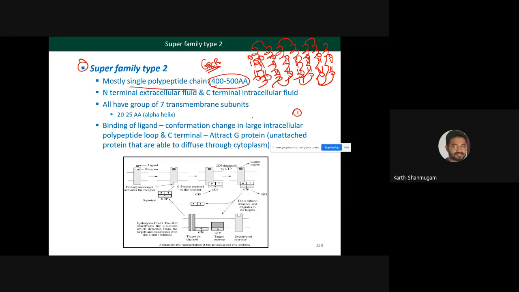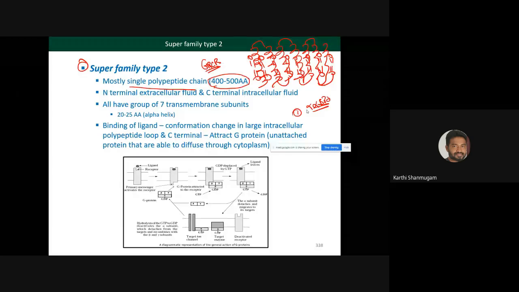So superfamily type 1 had many subunits like alpha, beta, gamma, delta. But in case of superfamily type 2, it is a single polypeptide chain of 400 to 500 amino acids. So it's a single polypeptide chain, only one chain, only one subunit. First point, right? So second point is that in case of superfamily type 1, there used to be 4 to